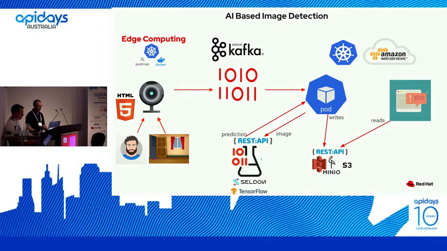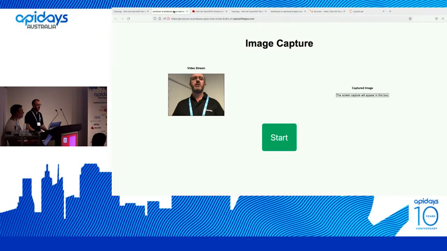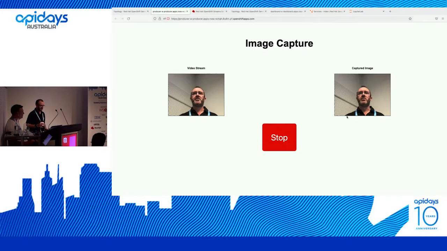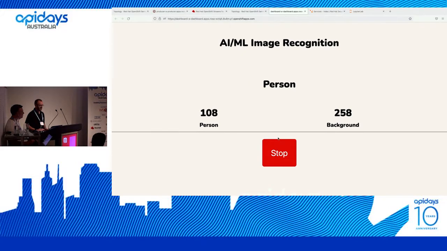All right, so now let's actually see our AI model in action. So what I'm going to do here is go over to, if I can point the camera at myself, I'm going to start to capture here. So you can see over on the right, it's capturing 1 in every 30, 1 every second, and it's pushing that up to Kafka. My AI is being called, the results are being pushed to object storage, and then this dashboard here should start to